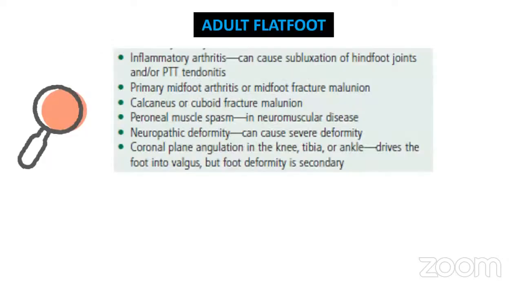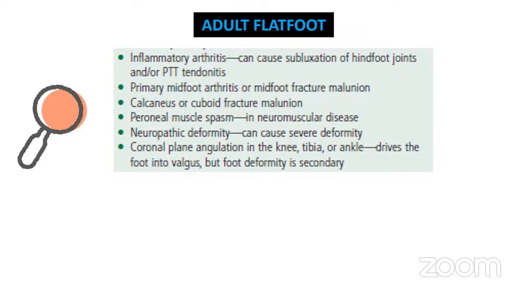Now, the main thing that we consider is, how different is this from a flat foot in a child? In children, generally, it is a rigid flat foot that we are dealing with, and it can be secondary to coalitions, or sometimes secondary only to hyperlaxity. Whereas in adults, the most common cause for all these flat feet is the tibialis posterior tendon. That's the one which leads to tendonitis.